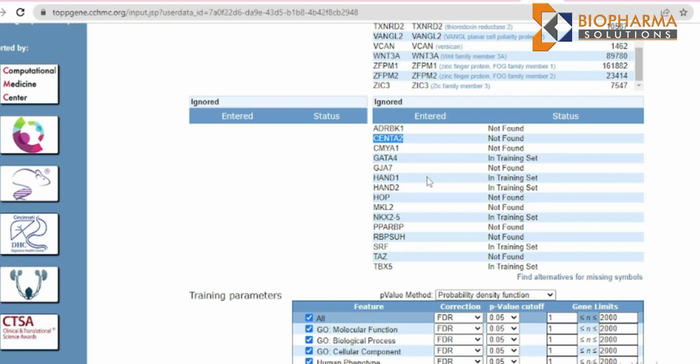So the moment you see a few molecules are unfit, that doesn't mean that you can just leave this molecule. Some days that molecule may be very, very important. Then here one molecule is GATA4. It is in the training set. Training set and test set, same molecule you cannot put. So in that manner, a few molecules have been removed. That we can understand. Now the second one, let us see,